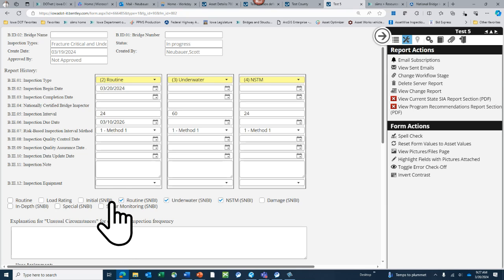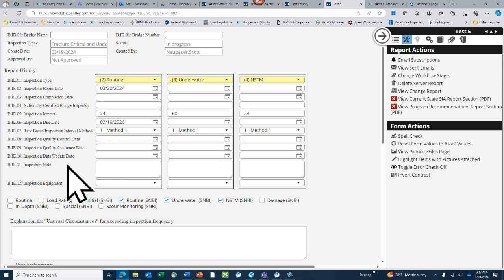So they're trying to get a way to check us on that, to make sure data is getting put in the database in 90 days, so they can beat us over the head if we don't do it once in a while. If we go to 91 days, they can beat us over the head. So that's what that date is. So it most likely will be the same as your data